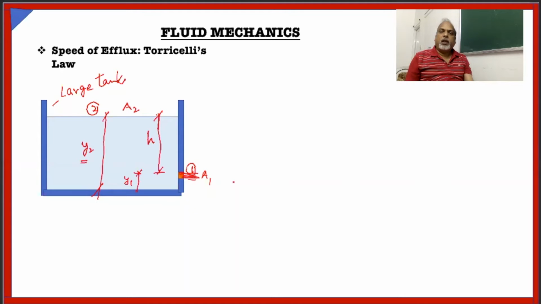So what will be the speed of this efflux? The output water, what speed will it be? Suppose this is point 1 and this is point 2. Correct? So let us apply Bernoulli's theorem between point 1 and point 2. So our Bernoulli's equation is basically P plus half rho V square plus rho g h